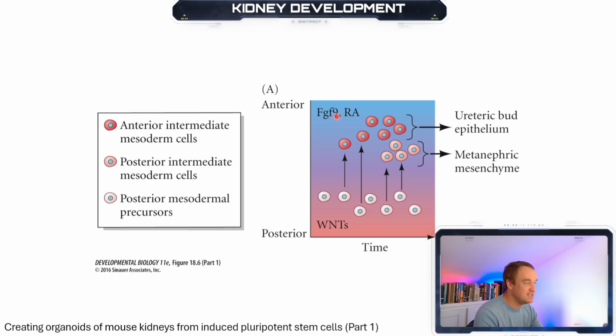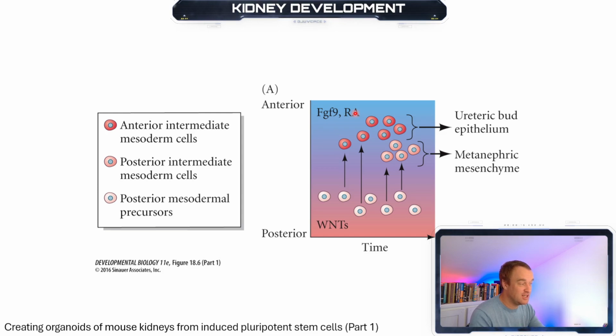So when they do this, these become progenitors for the ureteric bud epithelium. So it's all about, remember, this bud is growing and moving, and these cells are kind of reorganizing at this time. And so when they leave their posterior position where there's high WNTs and they move towards these FGF and retinoic acid areas,